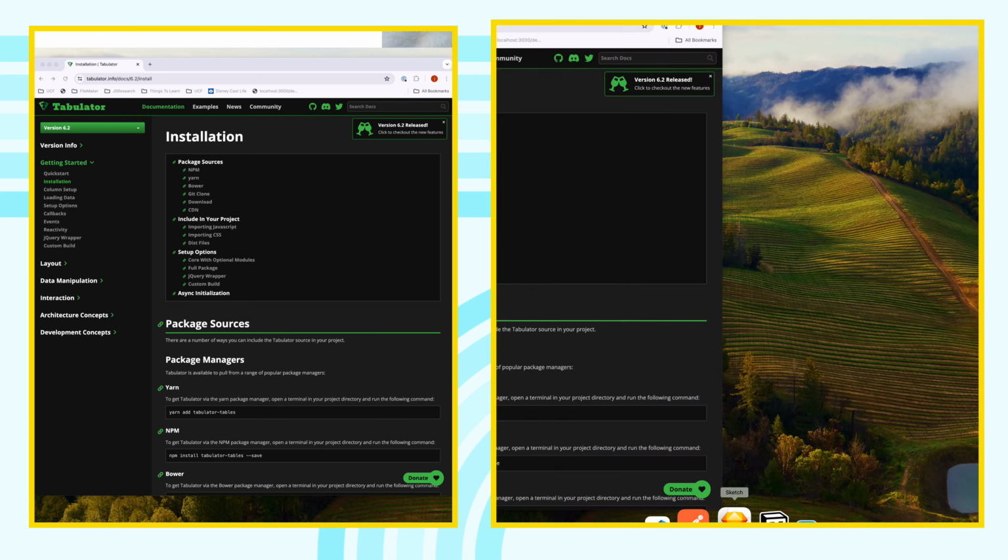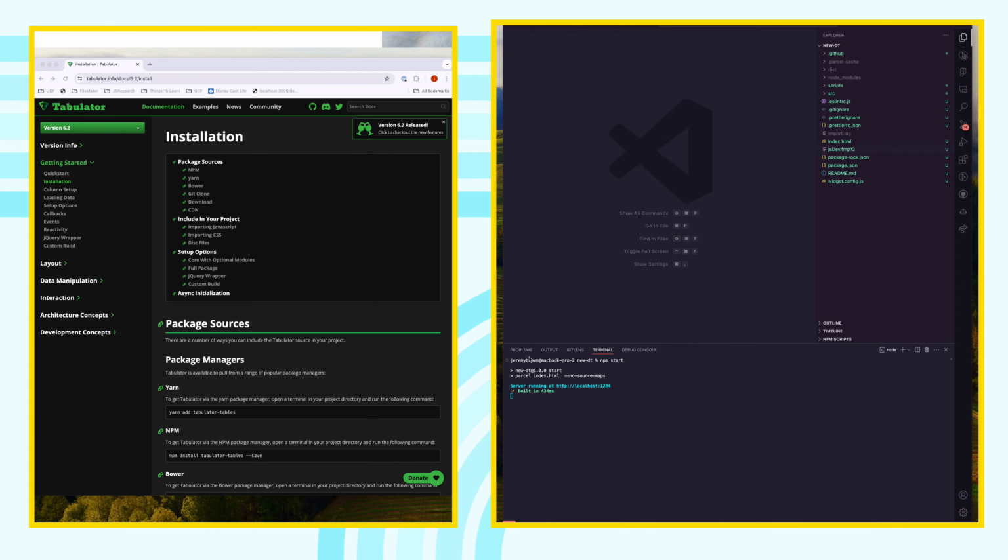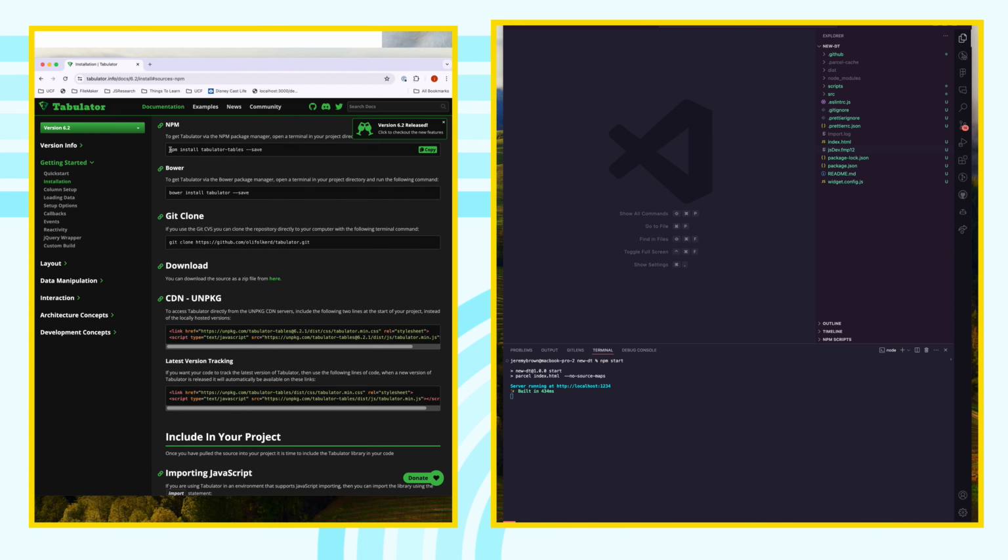The fact that I can read the documentation and follow what normal, or modern, developers would do to install this into their website. So here we go. We're going to start with npm. I use npm, and I'm just going to do what they say. I'm going to install Tabulator tables. I'm going to run this in the command line of the project over here in VS Code that is running right now. Stop the server from running and type in npm install